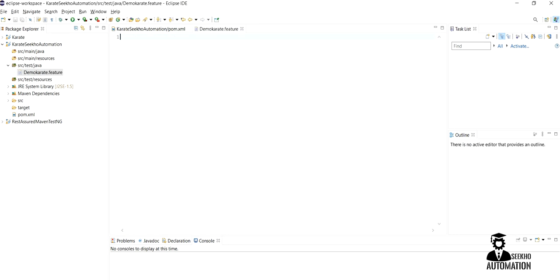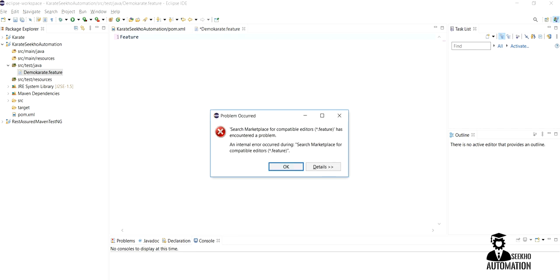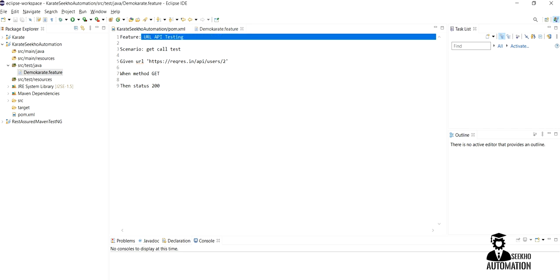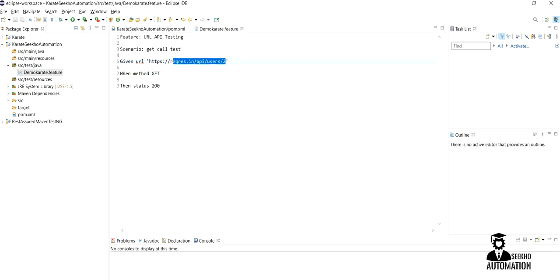Click on OK. Now we have the demo karate feature file, where the feature is URL API testing and the scenario is get call test. This is the URL for the get request, then the status is 200.